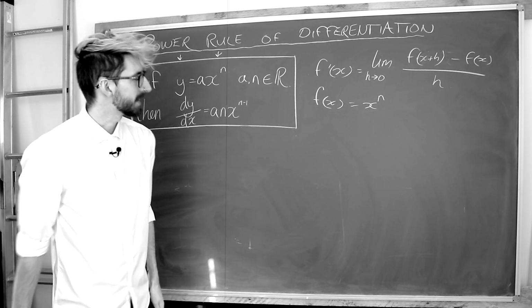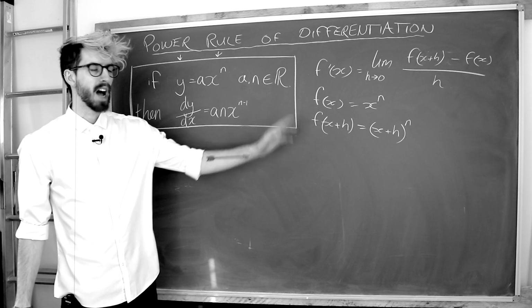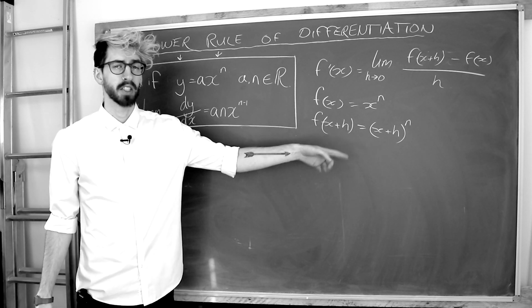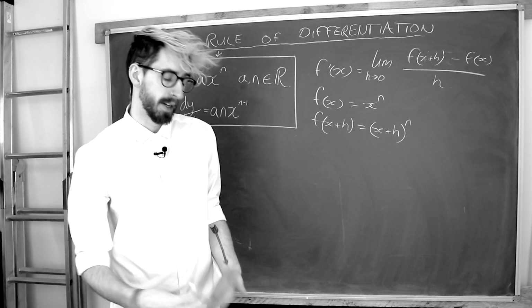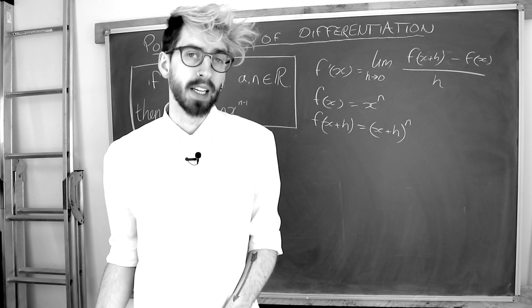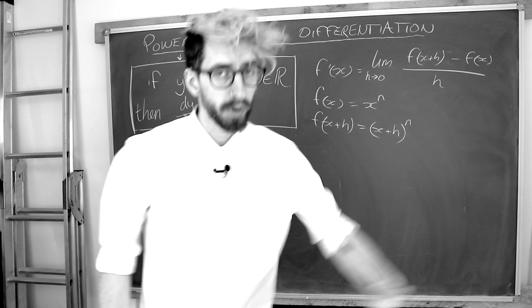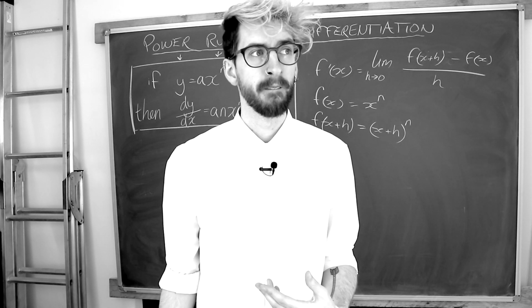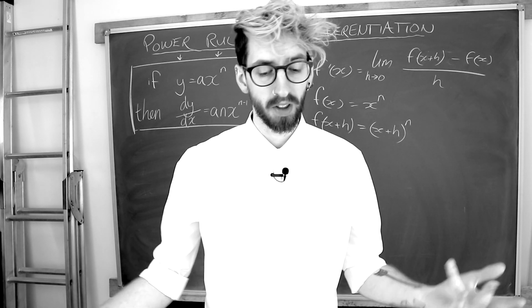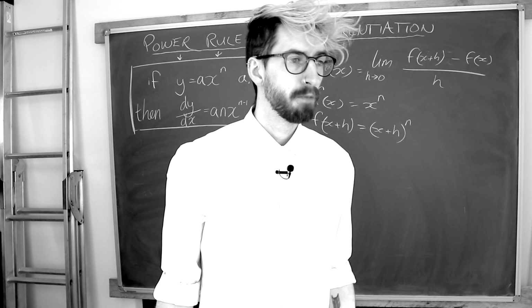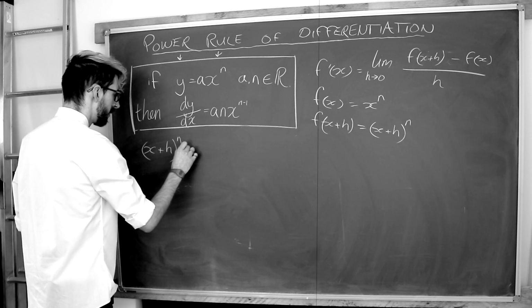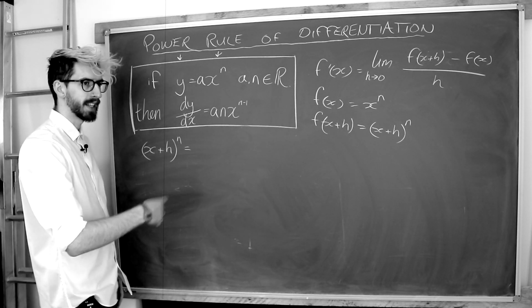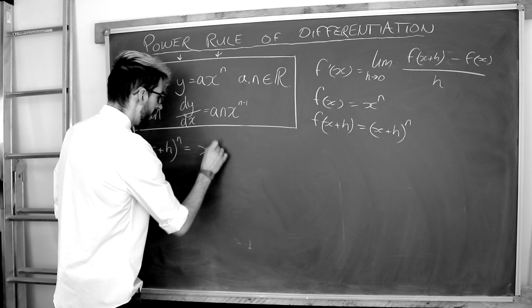So what this means is that our f of x plus h is x plus h all to the power of n. How are we going to expand that if we don't know what n is? So what we're going to do is do binomial expansion using just the thought that, well, we don't know what n is. So let's do that over here. So normal binomial expansion, let's start with an x. So it's x to the power of n